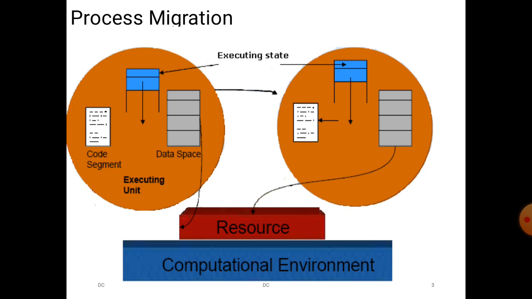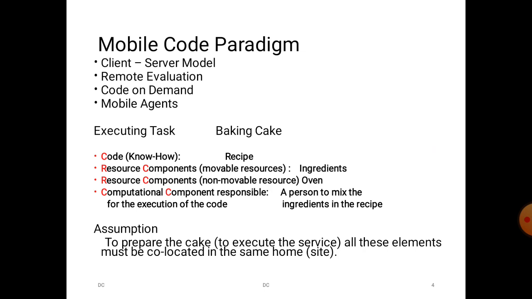We have already seen the load balancing systems or scheduling algorithms. There we know a node is lightweight, underloaded or overloaded. So this state information is placed in these blue color boxes. These are the processes that need the resources, and they are placed in a computational environment. There are different scenarios. Based on the scenarios, we will see how the process is executed, what is moved when, whether only the code segment is moved, or whether the resources are moved or not. We will see this in the following example.